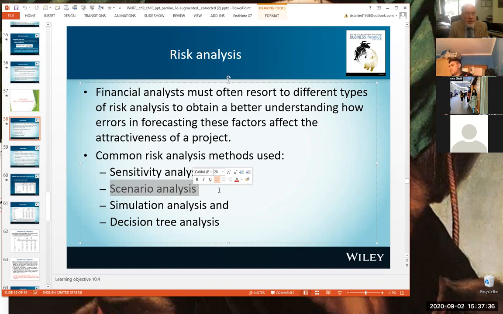And then likewise, you're going to have to do a pessimistic scenario. What was that donkey in Winnie the Pooh? Eeyore, right? Eeyore, the pessimist, right? And you've got to put your Eeyore ears up, and you've got to say, oh, it's going to be really gloomy, the world's going to end, and so on. You've got to work out a scenario. But that's basically what you do with scenario analysis.